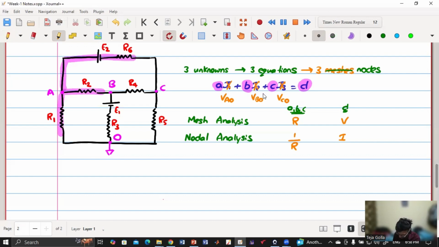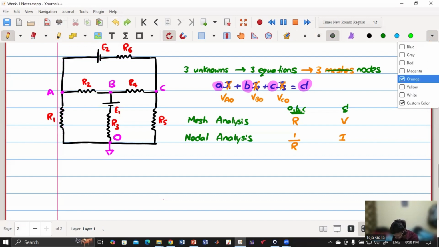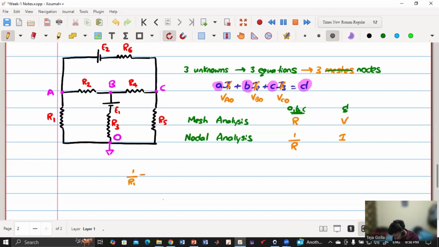So we'll get 1 by R1 plus 1 by R2 plus 1 by R6 into